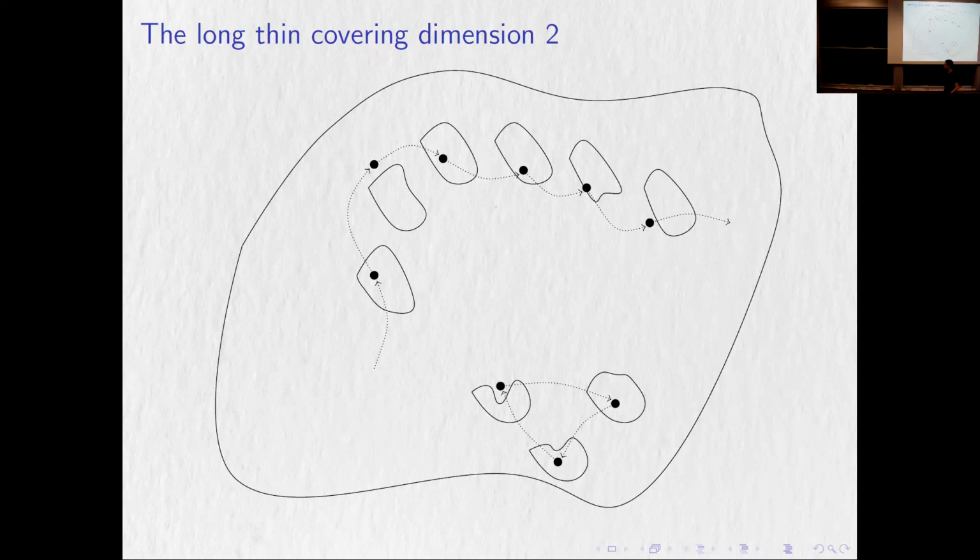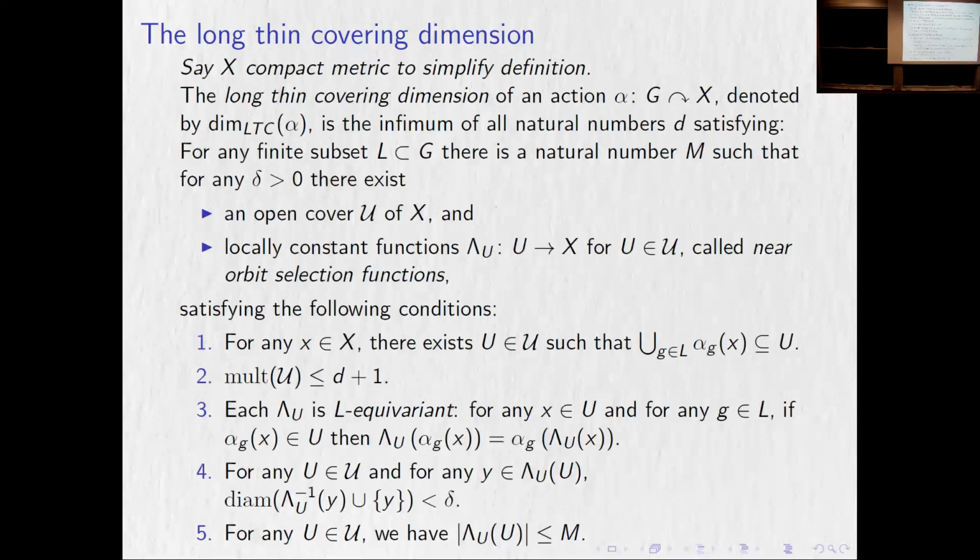The second thing is what we call thin. Thin means that the diameter of each one of those is small, including this label. This is the label, the thing we track, right? I want all of these to be in a small diameter. Okay. Let's look at the rest of the definition. Okay. So this is what we call the long part, right? That any partial orbit would be in something, right?